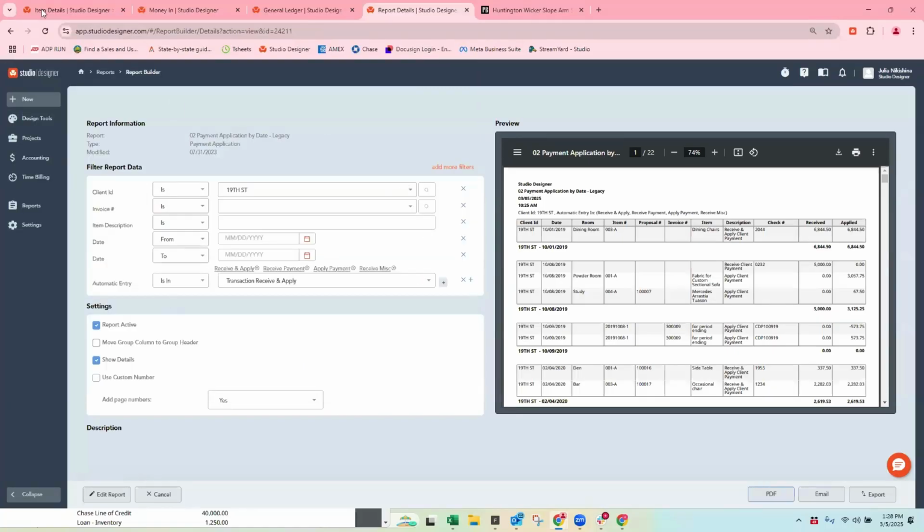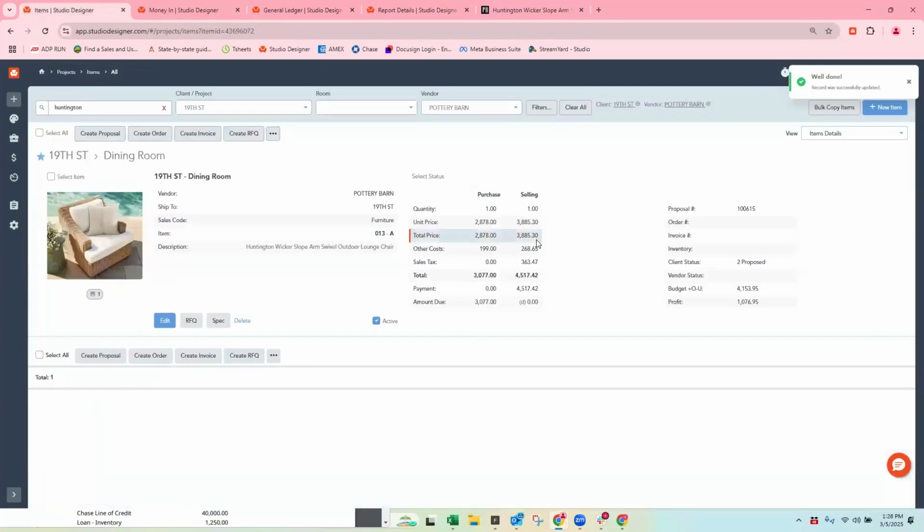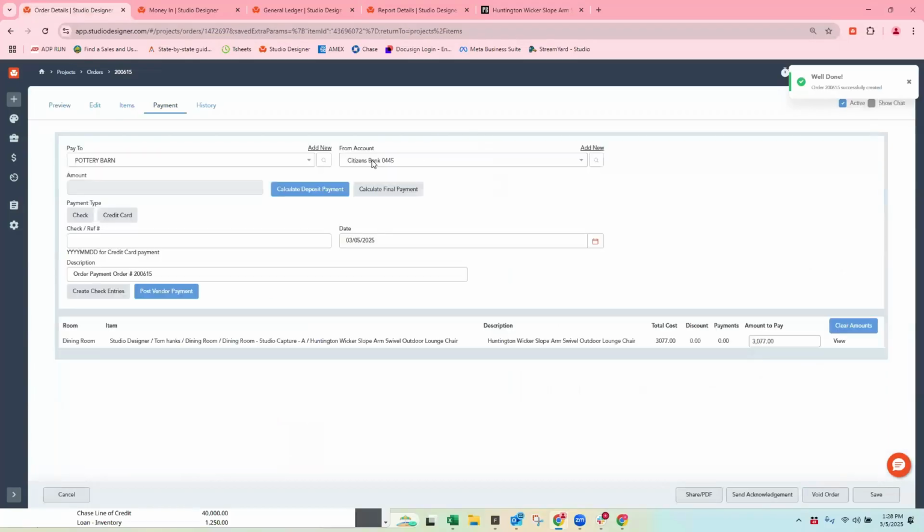Okay, so they paid and now process, right? We're back to adding this item to an order. So what's the item workflow? The item goes in, the item goes on a proposal, the item is paid, then we issue an order. So we're going to go in and issue a new order, and then we're going to go in and pay it. We're going to use, I don't know, move a chase. We're going to use the ink card. Why not? And so the price changed too. So we're going to issue a payment to this vendor for $3,077, post vendor payment.